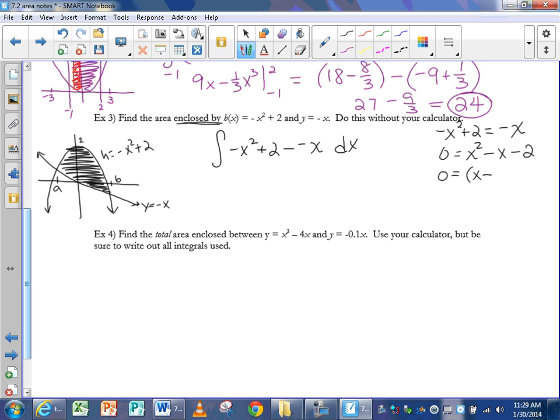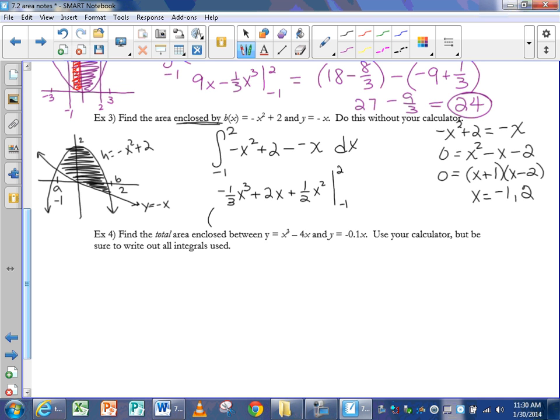And I'll have (x plus 1)(x minus 2). So x equals negative 1 and 2 are my values for A and for B. Well, that just means that the boundaries of my integral are negative 1 and 2. And then from there, it's just integration techniques. So I want to take the antiderivative, negative 1/3 x cubed plus 2x plus 1/2 x squared